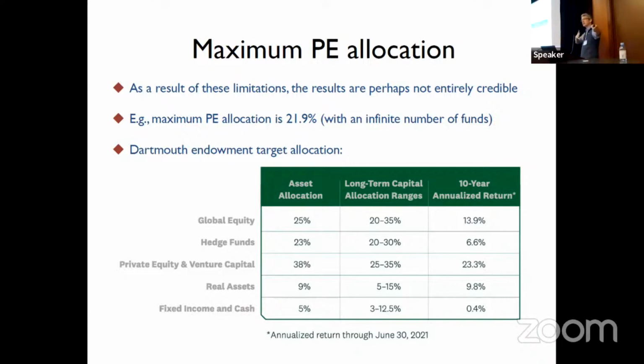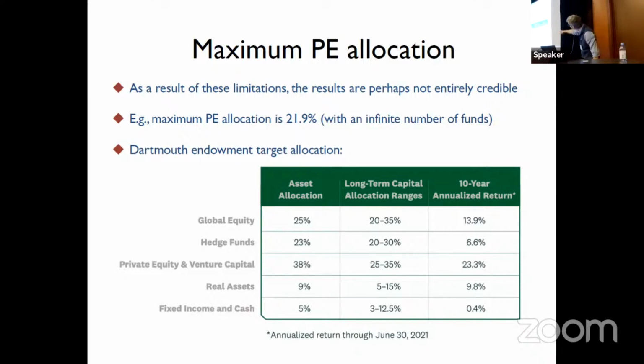Does that mean Dartmouth is off? Does that mean your analysis is missing stuff? I'm not quite sure these numbers here are ready to be taken to the data. But to end on a positive note, I think the table that shows the current allocation for the Dartmouth endowment also underscores the economic importance of this problem.